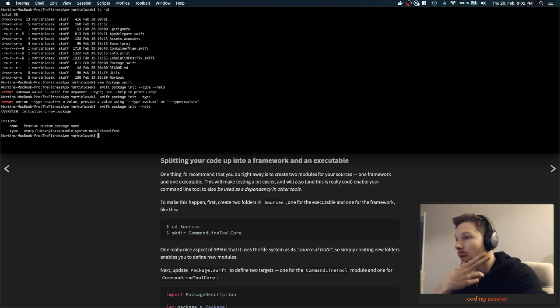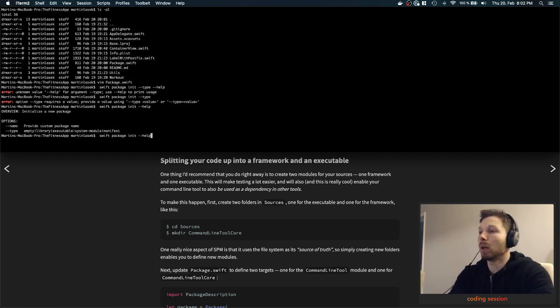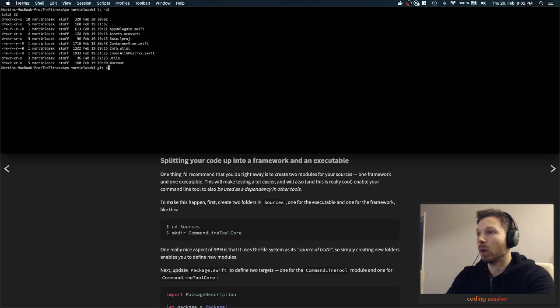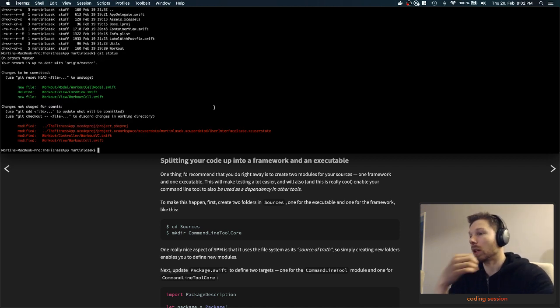Empty, library, executable, system, manifest. What if we just want this? Type manifest. Right? So let's see. We have removed the gitignore, which is new, removed the readme, which was new, and the Package.swift. So we are back to just what we have changed, we modified, oh, let's just go back